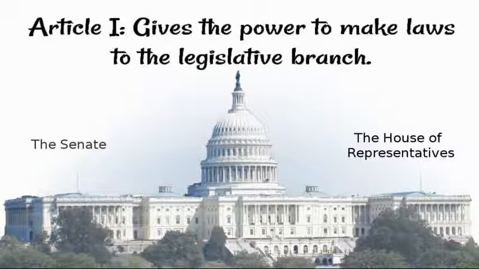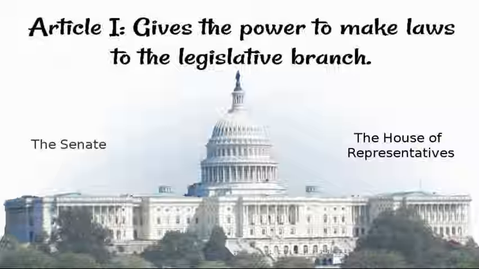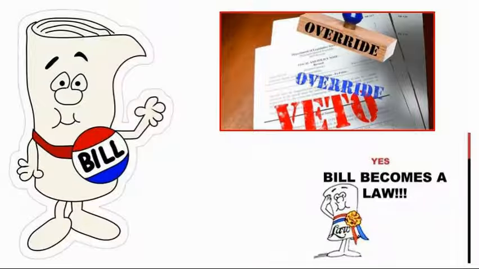The primary job of Congress is to make laws. Any member of the House or Senate has the power to submit a bill, or proposal for a new law, but only the House can propose new taxes. If a majority in one House votes in favor of the bill, it is sent to the other House for debate. If both houses approve the bill, it goes to the president, who may then choose to sign or veto